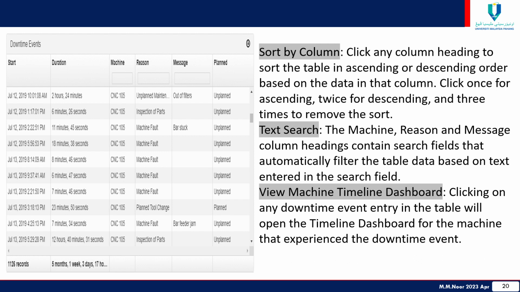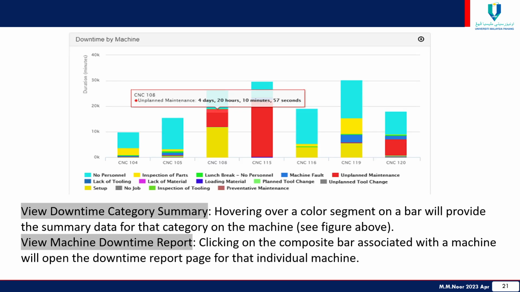So basically, this Machinemetric software helps many companies to track down their downtime record. Next, downtime by machine. View downtime category summary. Hovering over a color segment on a bar will provide the summary data for that category on the machine. View machine downtime report. Clicking on the composite bar associated with a machine will open the downtime report page for that individual machine. For example, this downtime by machine